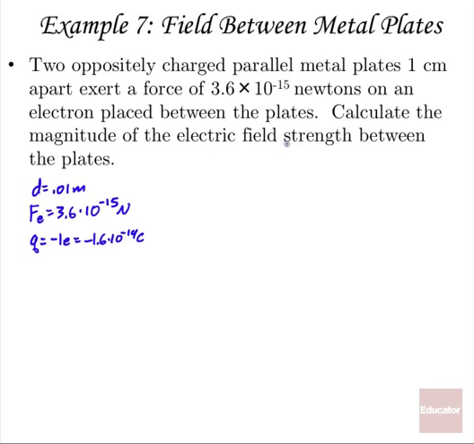We want the magnitude of the electric field strength, so we're looking for capital E. Well, from our definition, the electric field strength is the electric force divided by the charge, which is 3.6 times 10 to the minus 15 newtons over negative 1.6 times 10 to the minus 19 coulombs, which gives me an electric